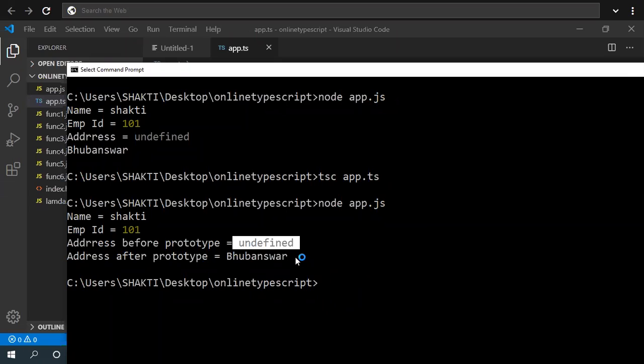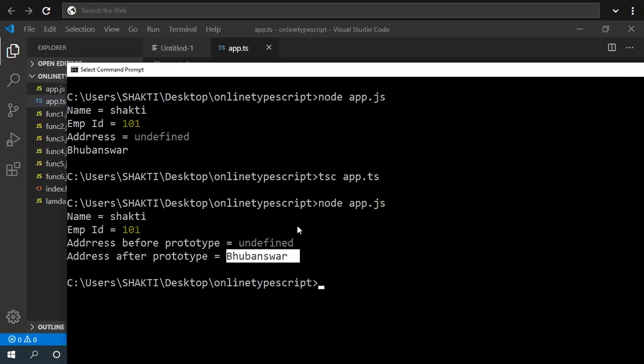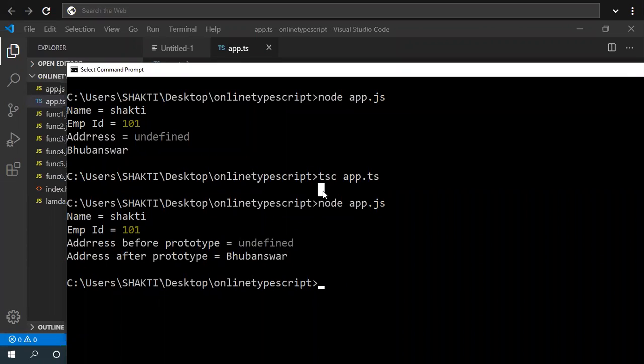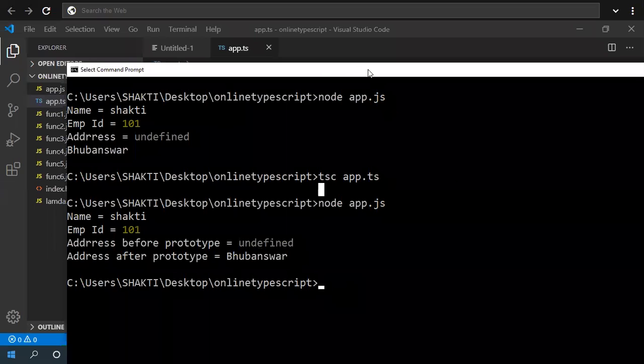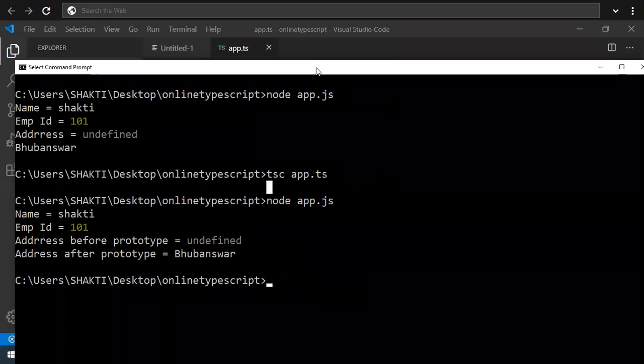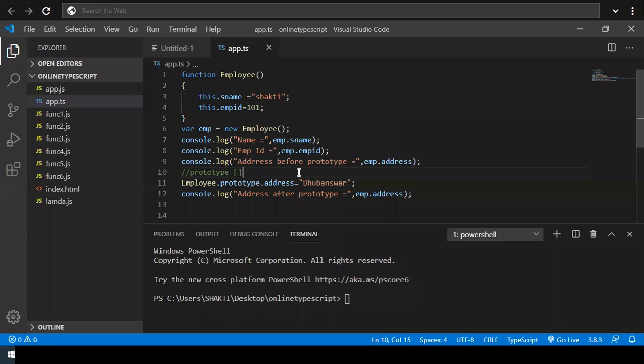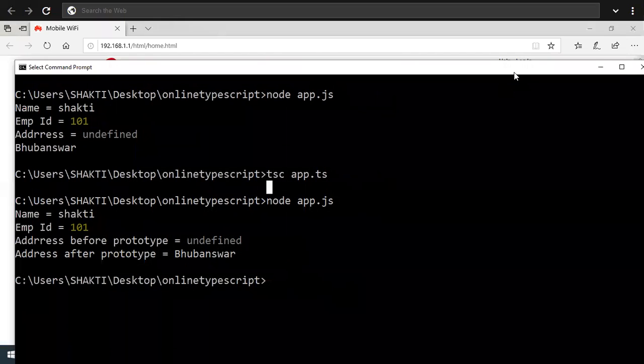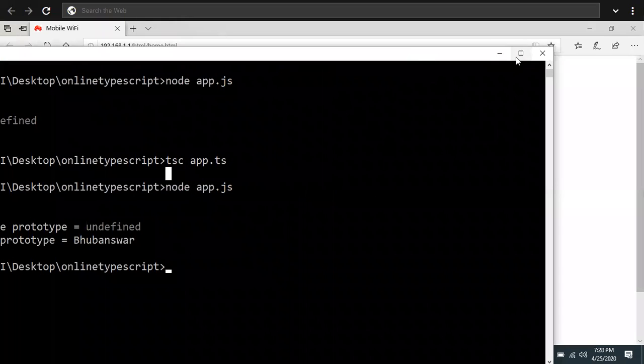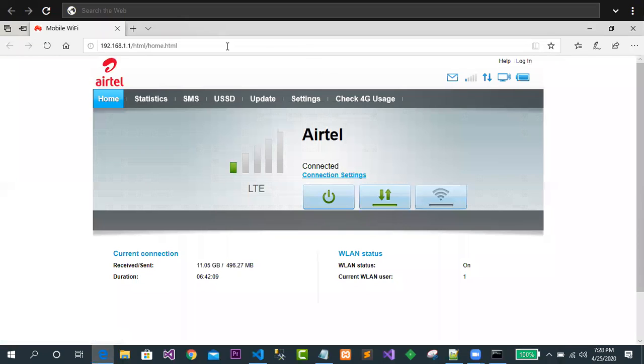Clear? And address after prototype is Bhubaneswar. Got the idea? It means that whenever there is a requirement to add any property to your class, it is possible through your prototype property. It's very simple. Clear?